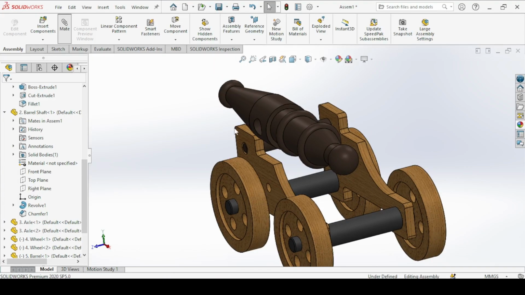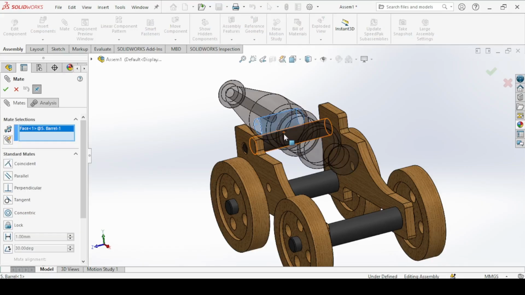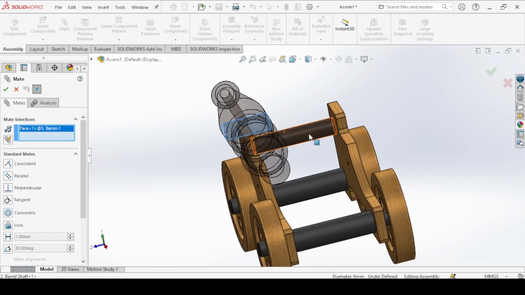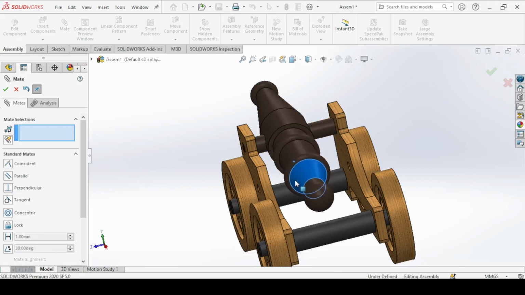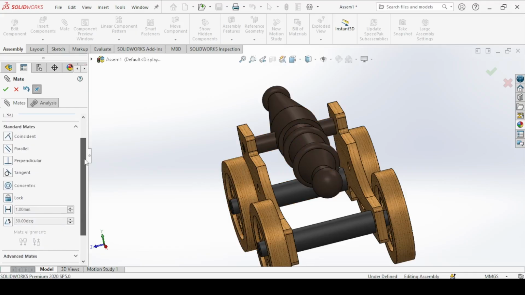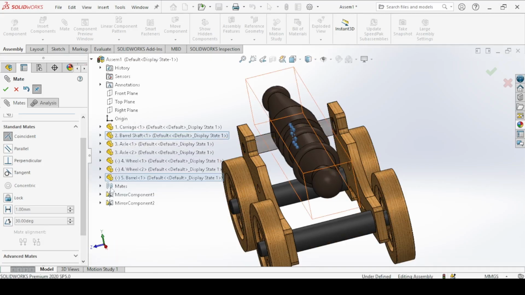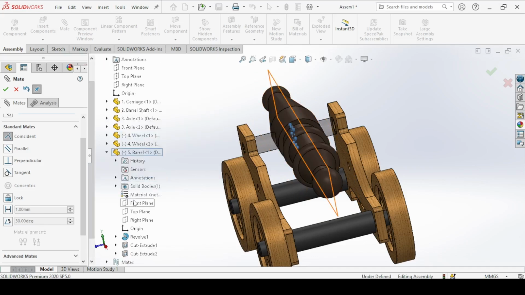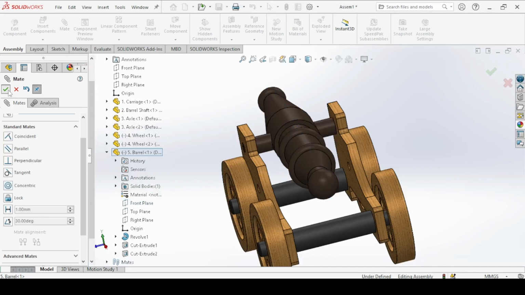Now meet, on a standard meet, click on this hole and this shaft here, the barrel shaft, okay. I want to centrally place it, so just come to coincident, and you're going to use the front plane of the barrel shaft, and then come to the barrel, we also use the front plane of the barrel, okay.